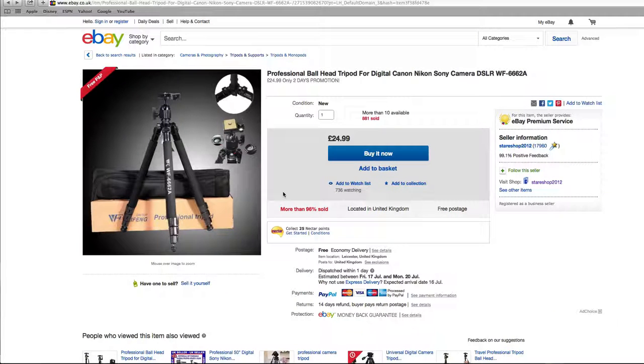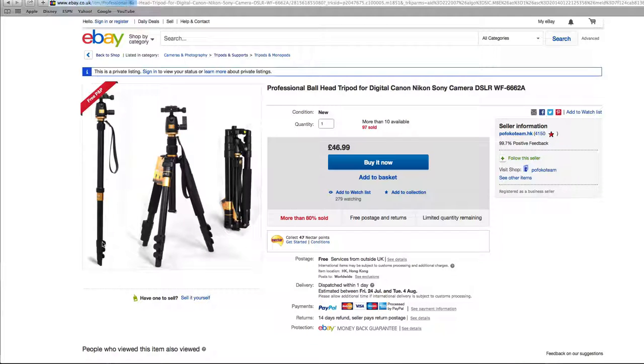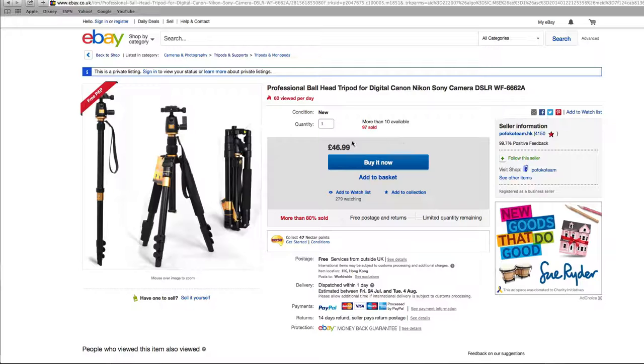Now this is something what this particular seller is selling, but let's see what eBay shows us, just like Amazon. So the people who viewed this item, they also viewed these items. Now again, this just came up with searches which is exactly the same ideas, but sometimes these would come up as other add-on products which people were buying along with cameras. Or even you could go with something like this and see what that particular seller is selling and how many they have been selling. So here, if you look at it, they have only sold 97,